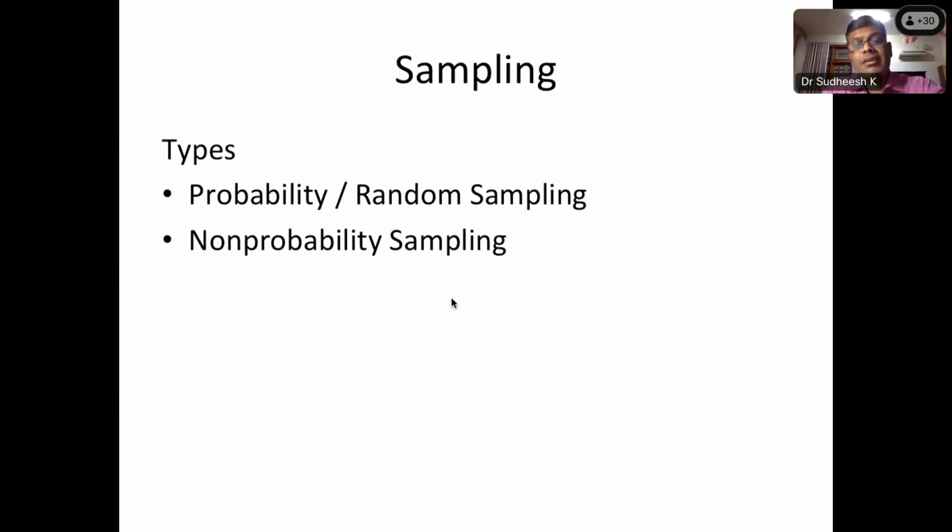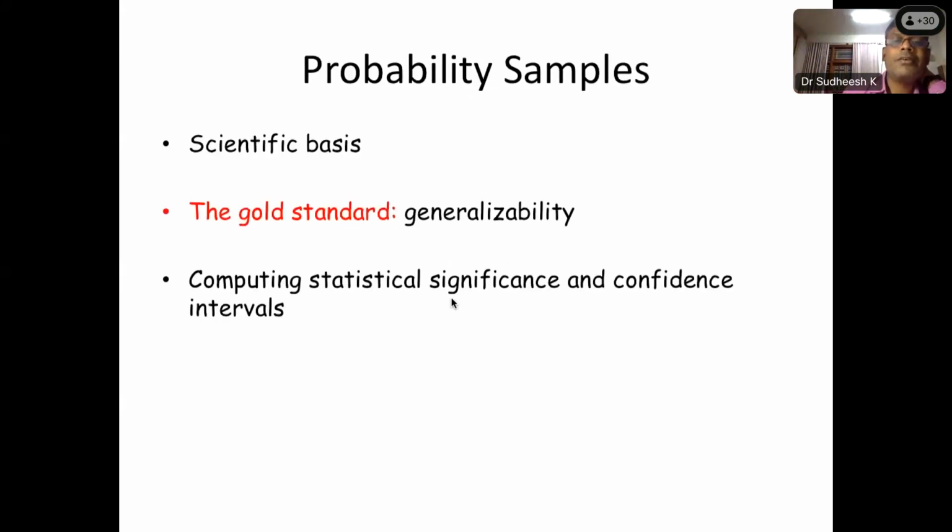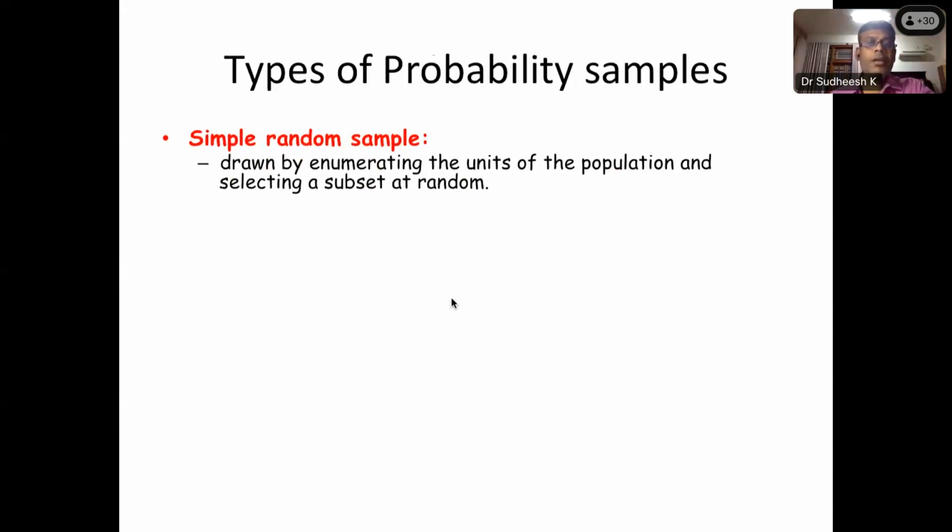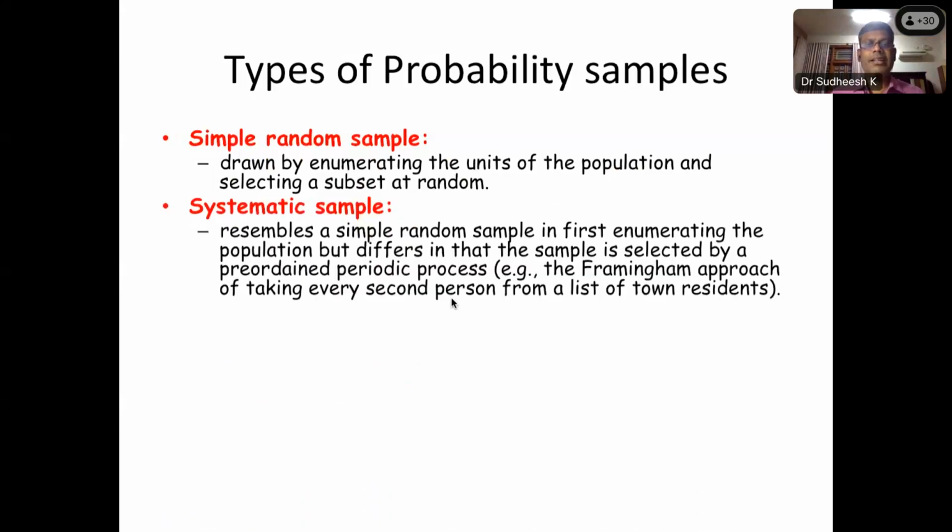Whereas probability sampling, or random sampling, is the one which is most often followed by us. Probability samples most of the time form a solid scientific basis, and it is the gold standard for generalizability of the results. It is also capable of helping us to compute the statistical significance and confidence interval in a more authentic way. So various types include simple random sample, where you just take all the patients, for example, and then